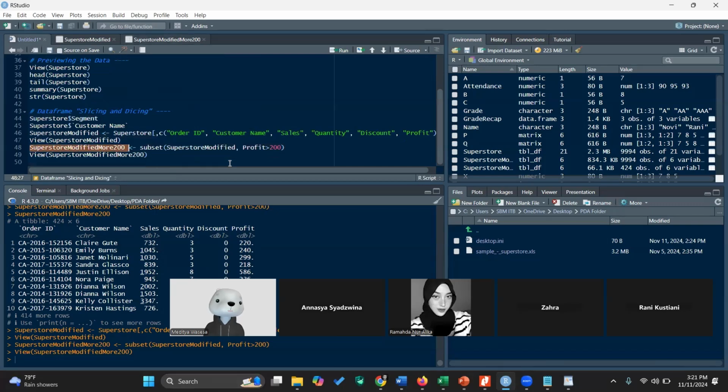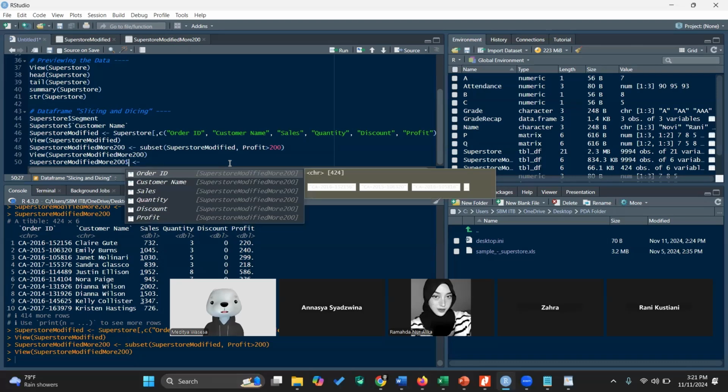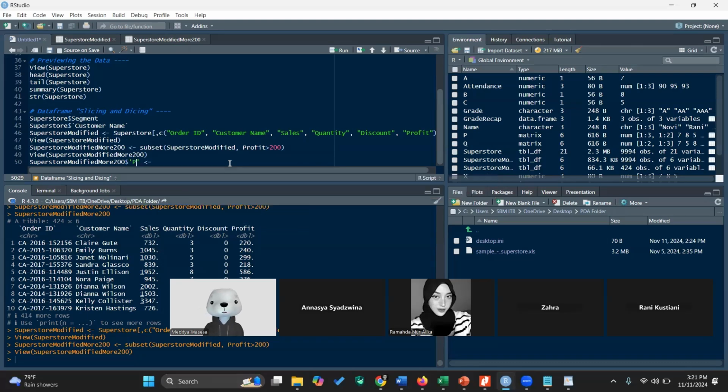Superstore modified this one. Yeah, I will give you equal, or gak usah lah. I will do directly ya. Superstore of modified more 200. I will give, for example ya, when I press dollar, ya, the existing columns will be displayed. If not, then it means that I will build a new one, profit per unit.